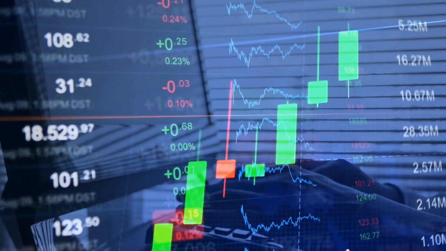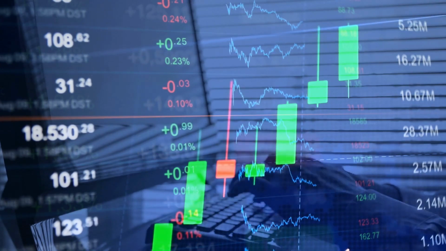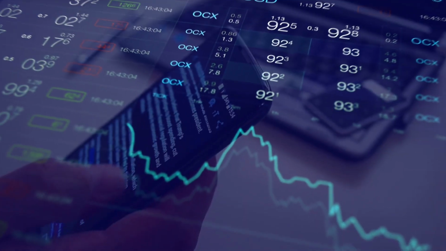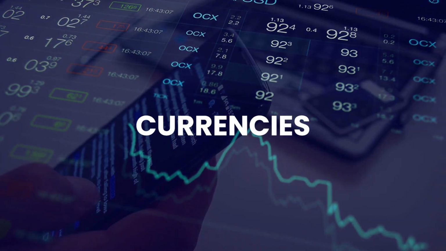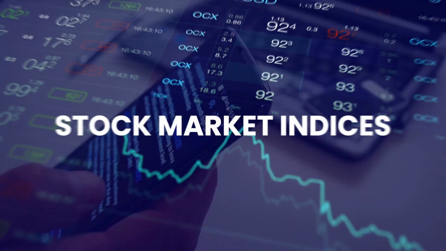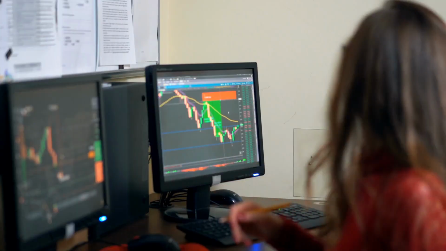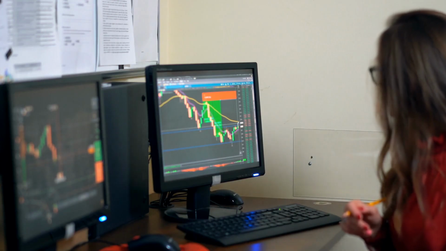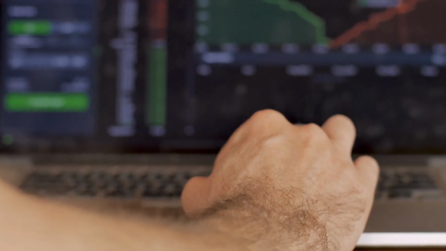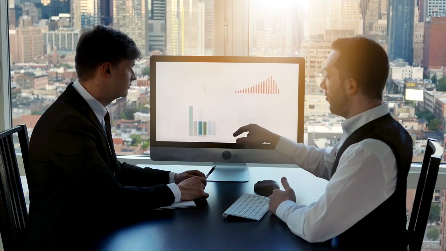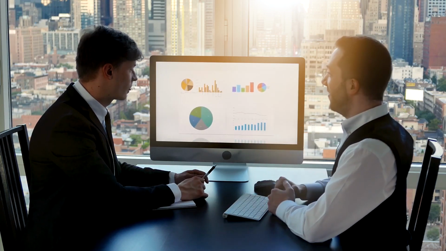Another purpose of futures contracts is speculative trading, where traders engage in predicting the price movements of various assets like commodities, currencies, or stock market indices. To illustrate, consider the price fluctuations of gold. A futures trader can potentially make profits by correctly speculating the direction in which the gold price will move. However, if the trader's predictions are incorrect, they may incur substantial losses, potentially exceeding their initial investment.